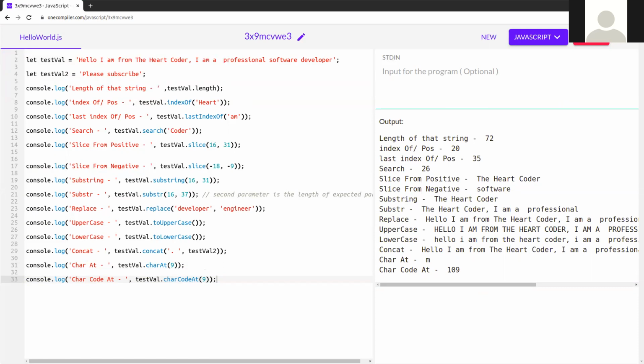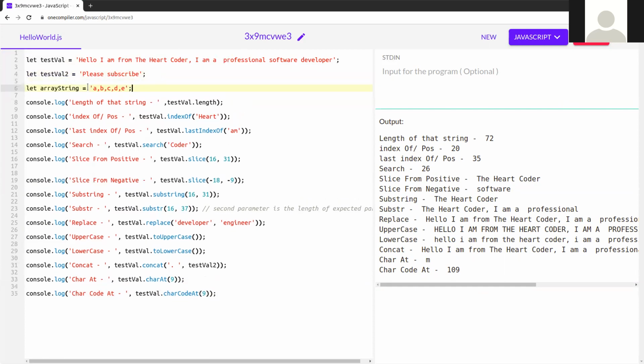Next is how to convert a string to an array. I'm creating another variable like array string, and here this is one string. You can see the quotation is there, present in single inverted commas. So this is a string. Now I'm converting this string to an array. For that I'm going to use the split method. How to use that?